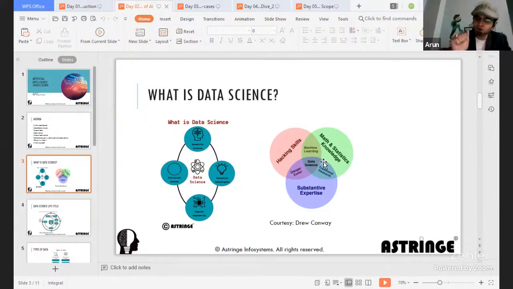Because you are already aware of statistical knowledge, you can use that knowledge, be it probabilities, hypothesis testing, or linear algebra, whatever it is, use it to do programming and then move towards machine learning. Now, if you are good in statistics and also good in business knowledge, but not so much in hacking skills, then why don't you move towards traditional research?